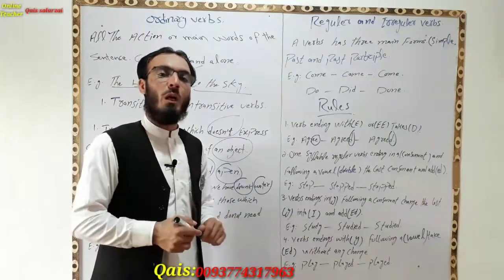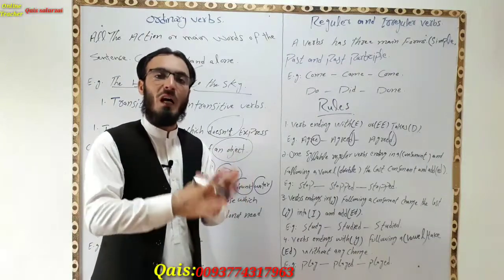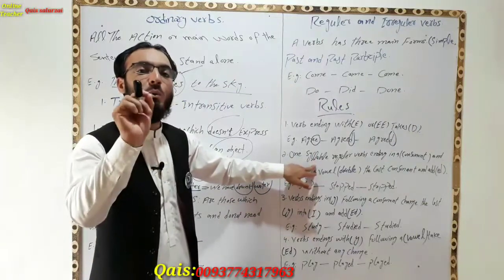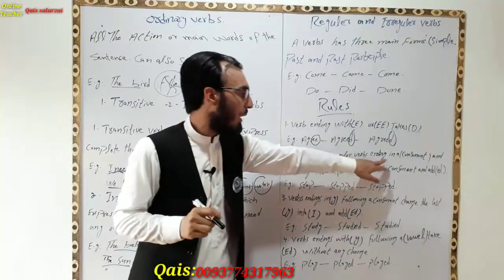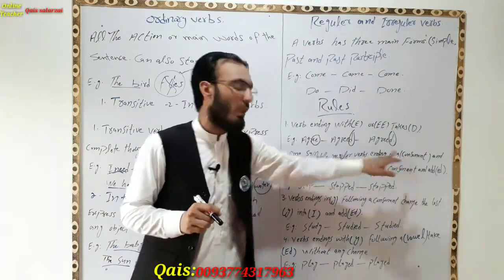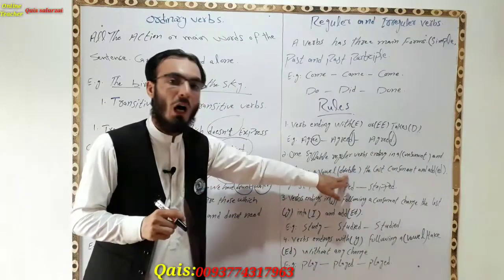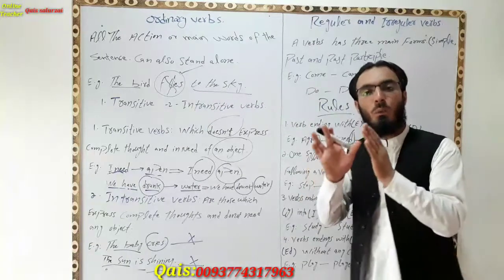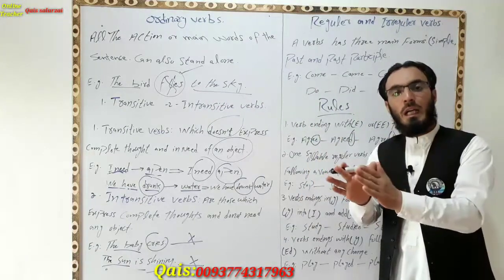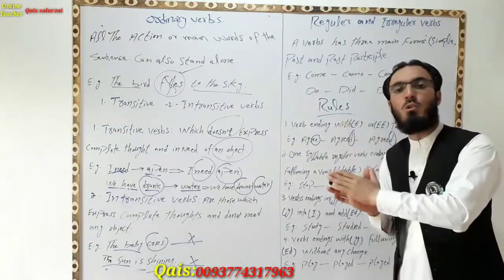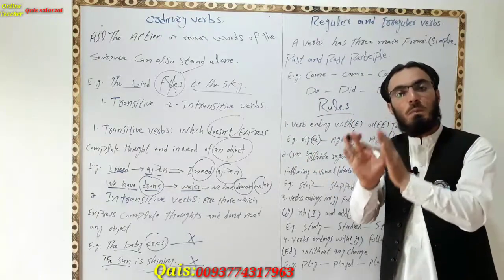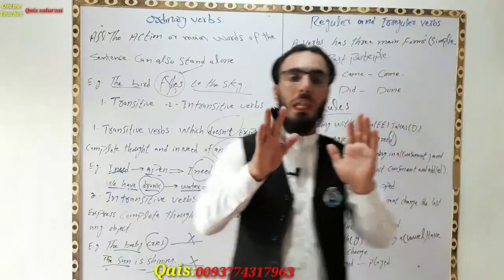The second rule that we have for forming irregular verb to past and past participle is a verb which has one syllable, a regular verb, that has a consonant following a vowel and then ends with a consonant. What is this? For example, look, we have a verb that ends with a consonant, but before the consonant there is a vowel. So you need to place that consonant double and add ed.